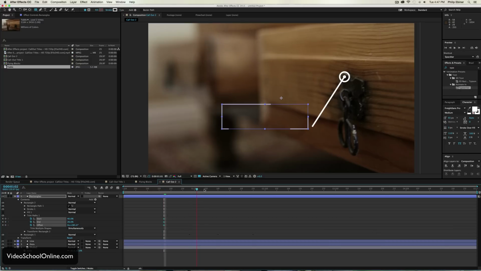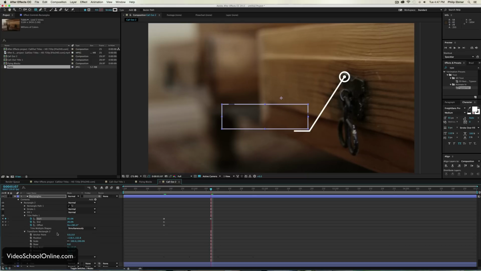Okay, so now we're going to do, this is fine for now, we're going to set keyframes for all of these, then we're going to move forward about a second, grow it to the left, and what we're actually going to do with this one first is shrink it a little bit, so go under your transform, scale, and just make it wide, a little bit smaller height-wise and a little bit smaller width. Okay, so now we can see it's a little bit smaller than this other one, and we have it growing to the left,